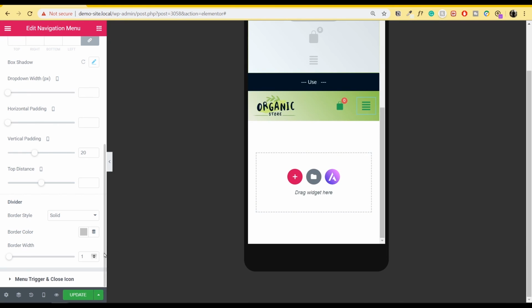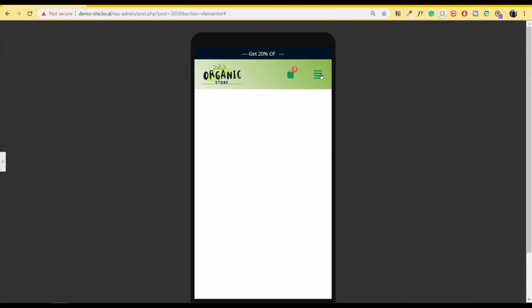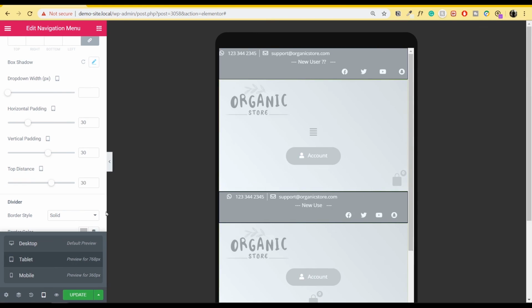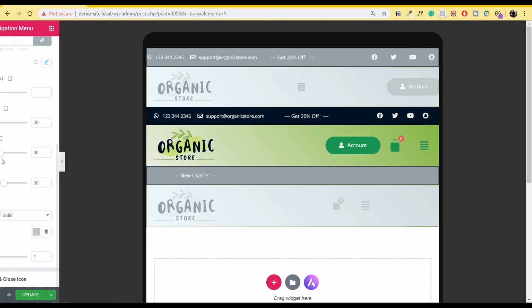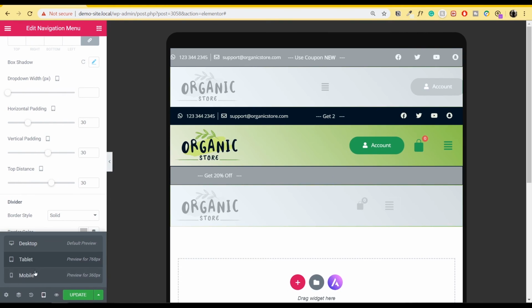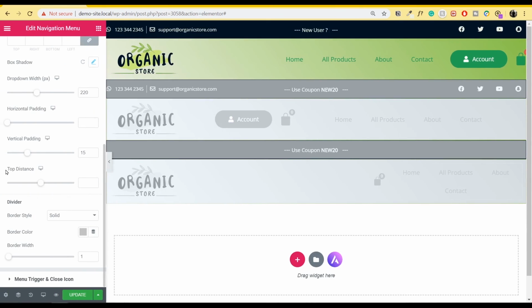So just like that, we have our 3 separate menus, and we did all this for free just using simple plugins. So let me show you. This is what it looks like on a mobile. This is what it will look like on a tablet. Now you can of course change a few things to make it look prettier. And finally, this is how it looked on my desktop. So we have 3 different menus created, 3 different headers created specific to a specific device. And we did all this completely for free.